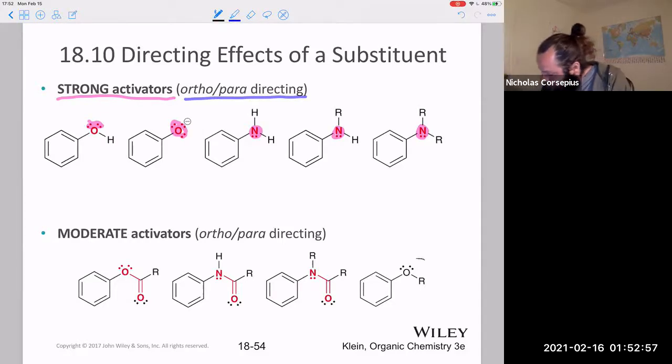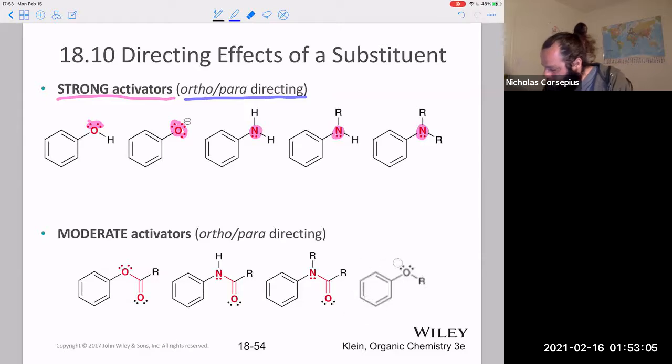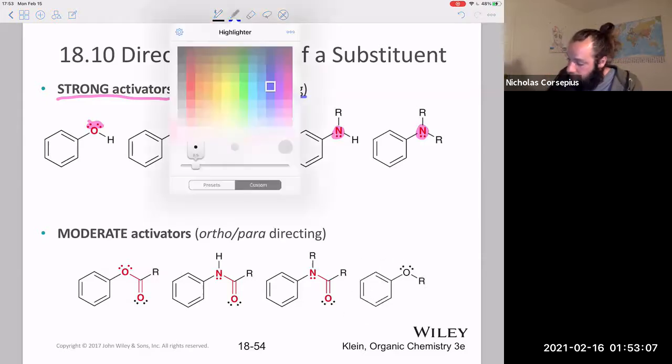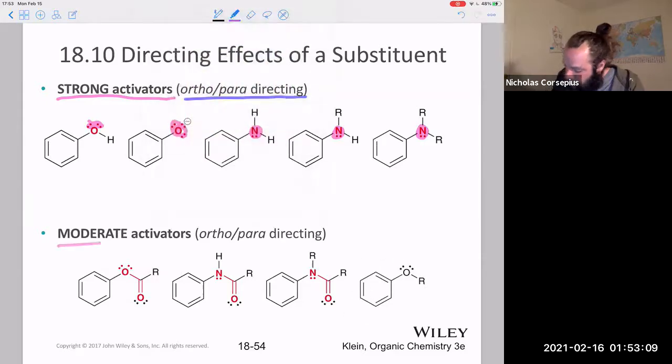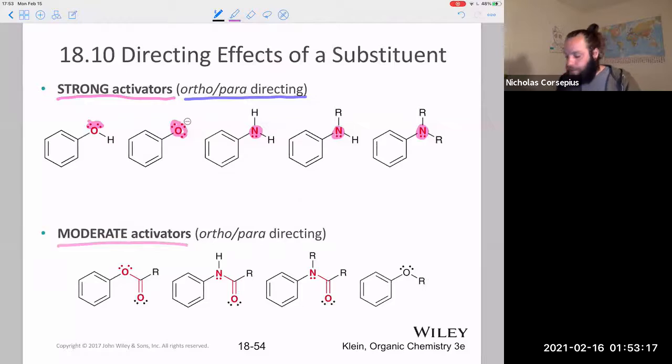To be honest, I'm a little bit surprised that the ethers aren't also in that group, but I've seen them there before, but this is what our textbook says. So we're going to consider them to be the more moderate activators. All right. So you have these ethers as well as your esters or your amides. Notice here that you have